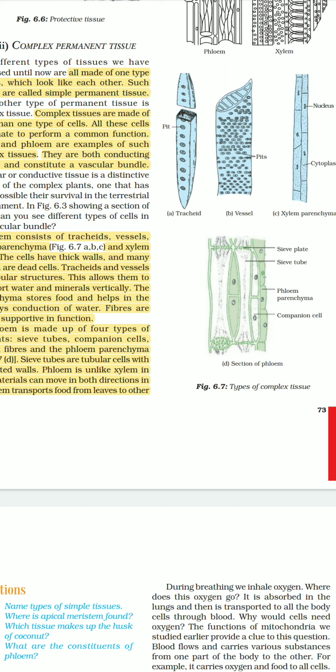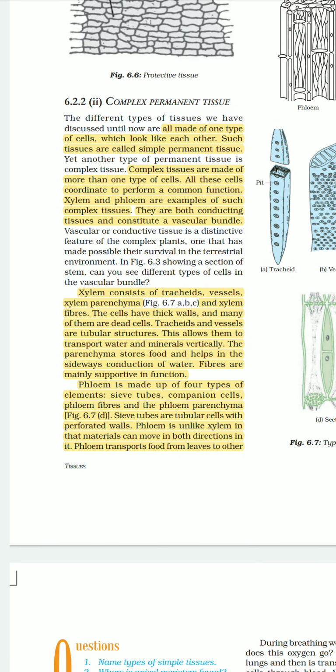There are so many differences between xylem and phloem. Xylem is unidirectional, while phloem is multidirectional, or you can say bidirectional also, in two ways. It provides transportation of food in two ways, while xylem provides water and minerals only in one way. Second difference is that xylem transports water and minerals from one part to another, while phloem transports food from leaves to other parts of the plant.